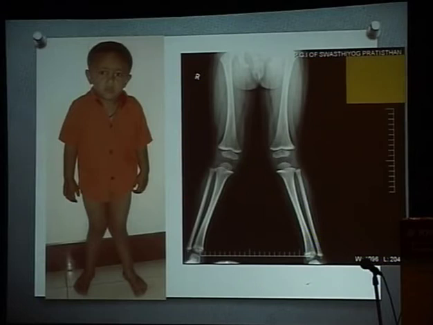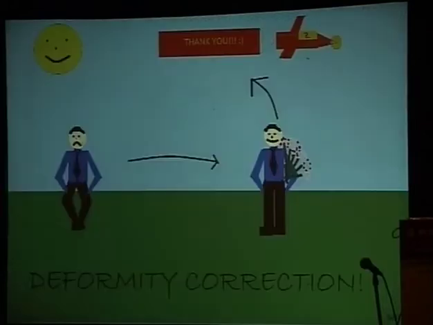The most important thing about physiological deformity is that before labeling it as physiological, you must know all the causes of non-physiological deformities, and you should rule them out by a thorough clinical examination. Once you're sure that it's a physiological deformity, you really don't have to do anything. You just give reassurance to the parents. Okay? I think that's it. Thank you for your attention.